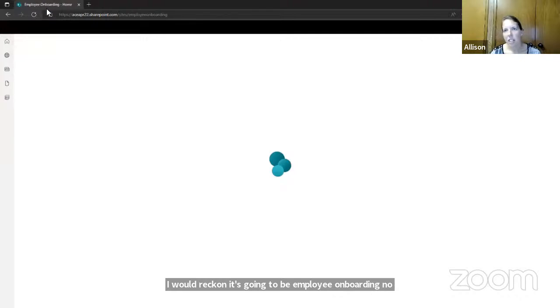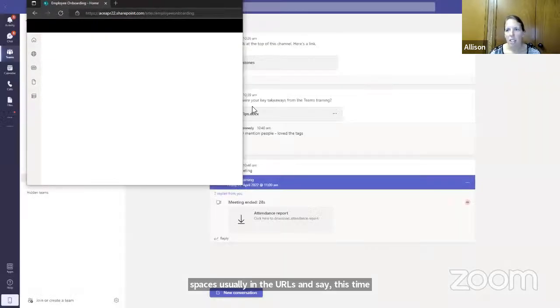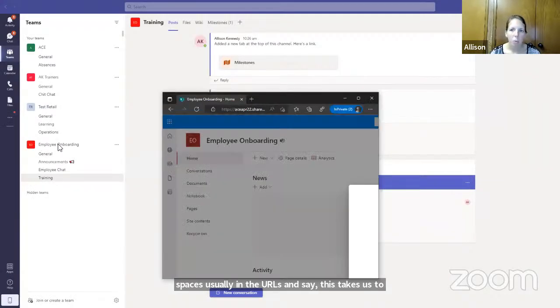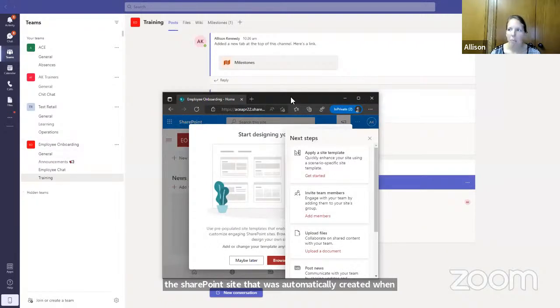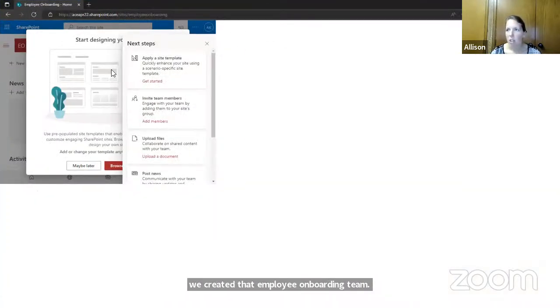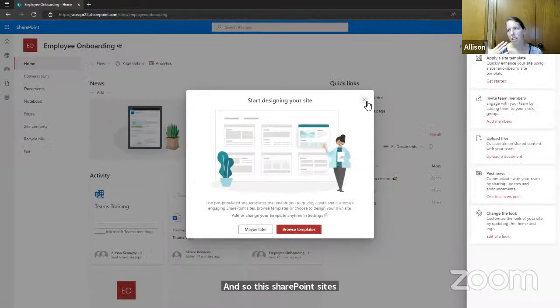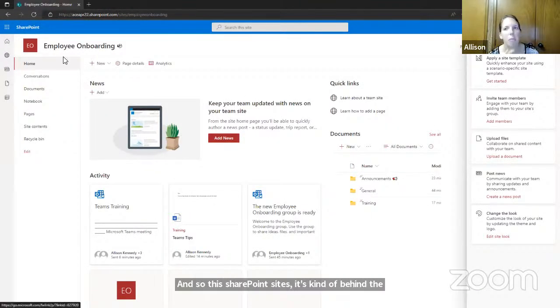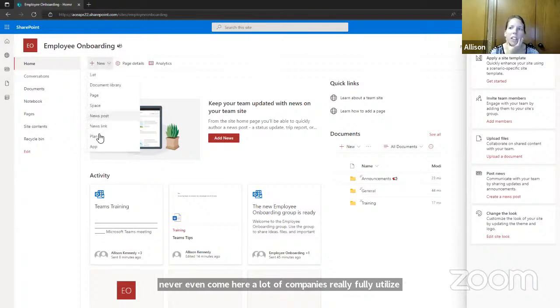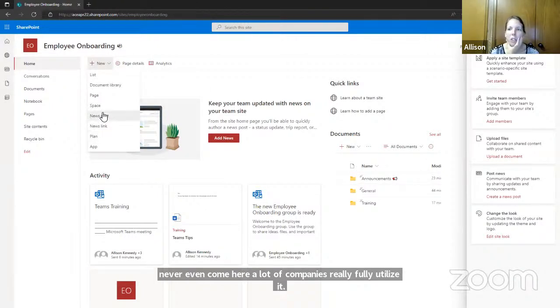And so, yeah, this takes us to the SharePoint site that was automatically created when we created that employee onboarding team. And so this SharePoint site sits kind of behind the scenes of Microsoft Teams. A lot of companies just never even come here. A lot of companies really fully utilize it. But if I do a new news post in here,